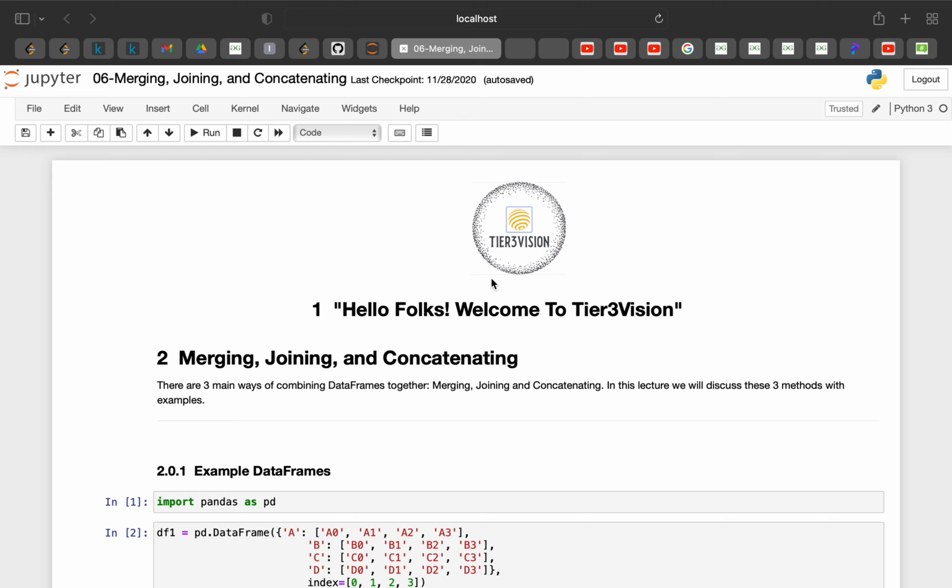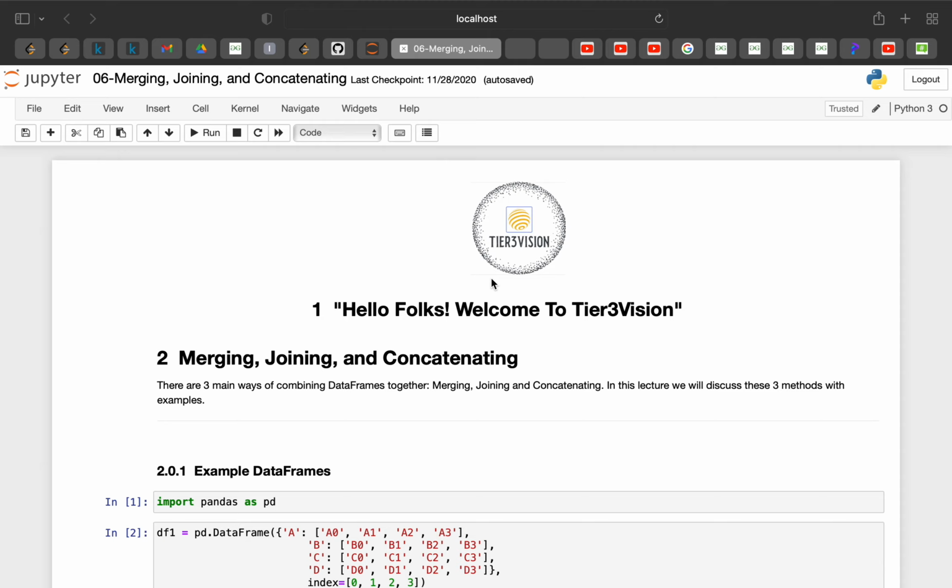So today we are going to explore our Pandas series a little bit more. The mainly highlighted topic for today will be merging, joining and concatenating. These three are the most common operations that we perform on a data frame. Merging is similar to when we merge in a SQL operation. In SQL we also perform joining, and concatenating means we are basically concatenating two or more data frames.